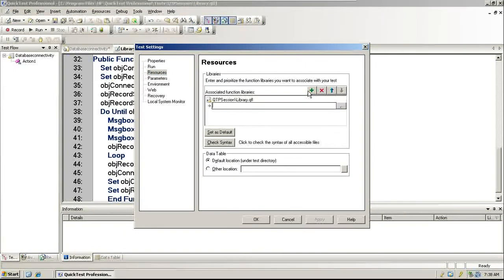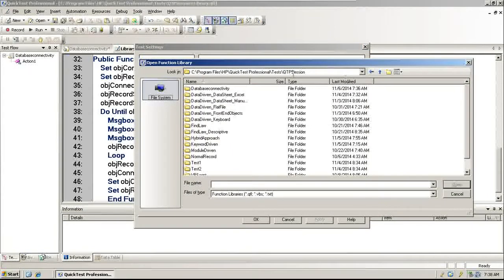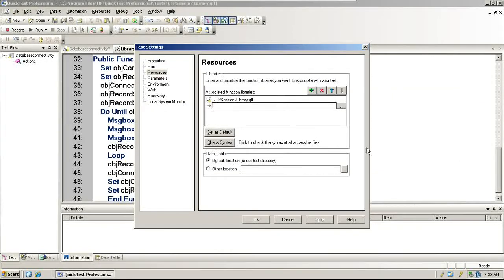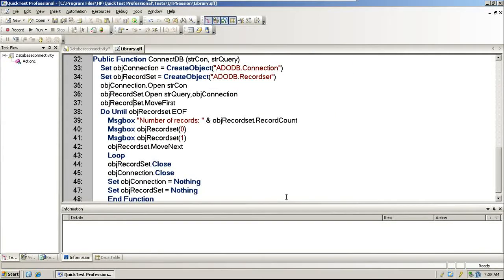If you want to pick it from your own ALM where you have stored it on the server, you have to first establish the connection to ALM, and then it will show the icon here. Then you enter ALM and it will show your library is there. Then you select the library from your ALM. So in that case also you must associate this. Association is a must.